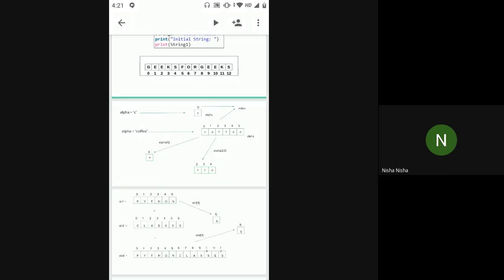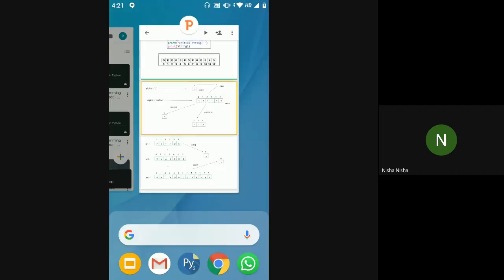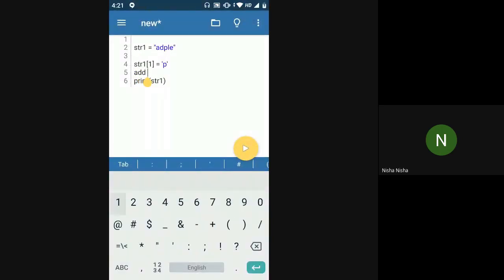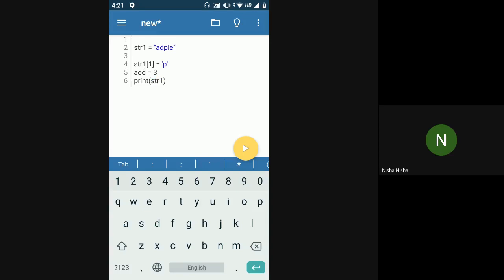We saw them as boxes. So each one of these is kind of a small variable, okay? And basically you can change the value of any of these boxes by assigning a value to it. So when we assign something like add is equal to 3, we are putting this value 3 inside this box, which has the name add. Similarly, here I am putting this value p inside the box which was a part of str. So str1 is a string which has several characters, and every character has a box of its own.